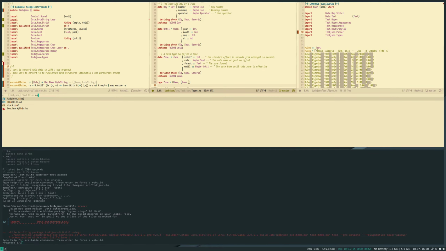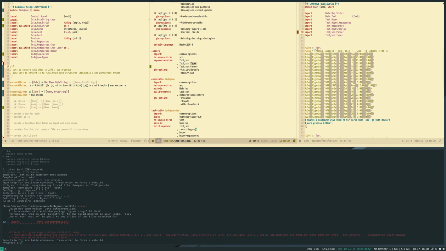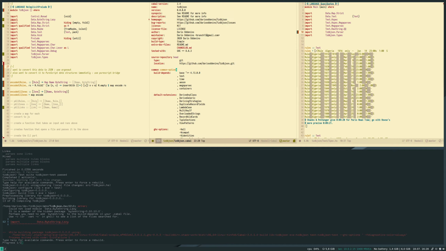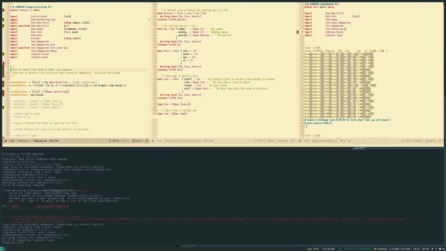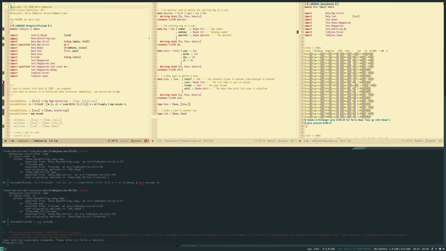Hidden package. Oh, come on. Library. Byte string. We just want here, we just want byte string.